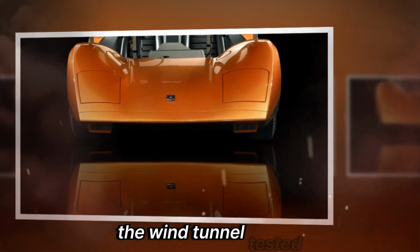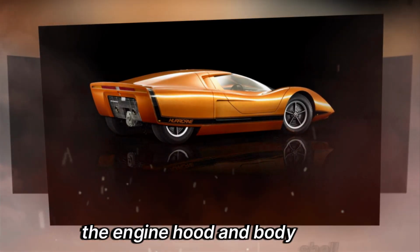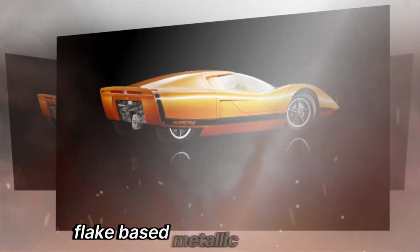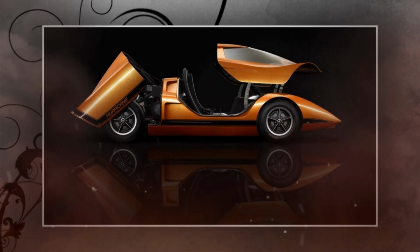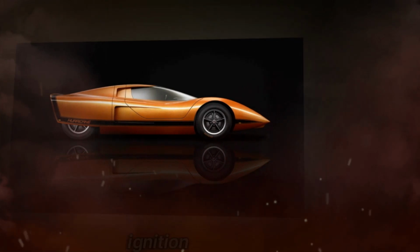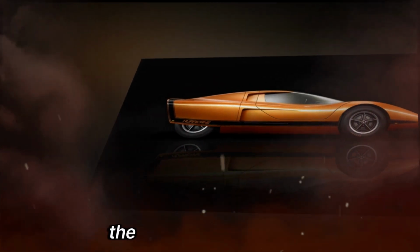The wind tunnel-tested fiberglass body consists of 3 segments: the canopy, the engine hood and body shell, and was finished in an experimental aluminum flake-based metallic orange paint. Safety innovations included a foam-lined fuel tank, integrated rollover bar, digital instrument readouts, ignition safety locks, interior padding, and a fire warning system. The project to restore